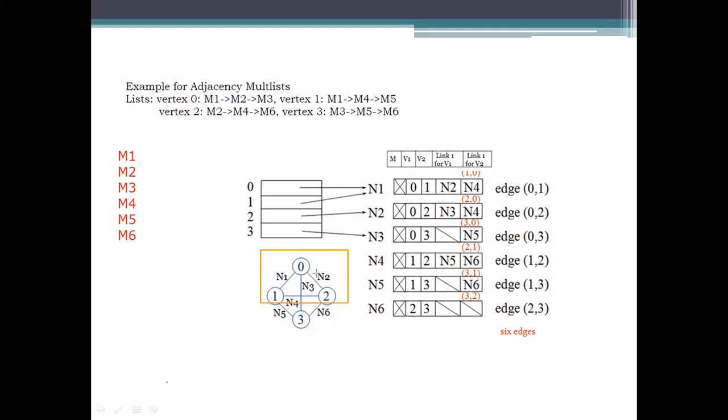Here we are using another edge, which is the link for V1. The link for V1 is N2, and the other link, for V2, is N4: N2 and N4. What is N2 indicating? N2 is indicating 0, 2, and then the next value here is N3, and then the value here is N6 or N4 that we need to write. Whether N4 is specified here, there lies an edge or not, we need to consider.